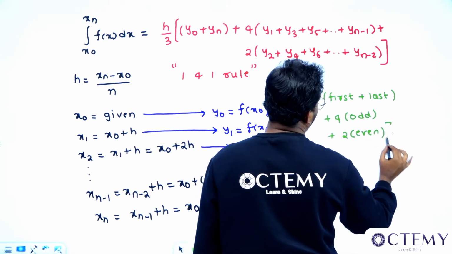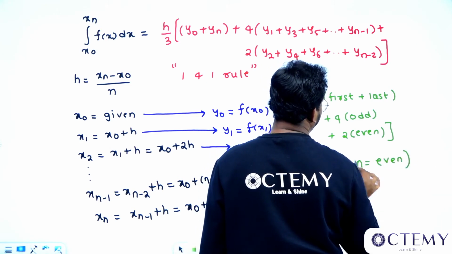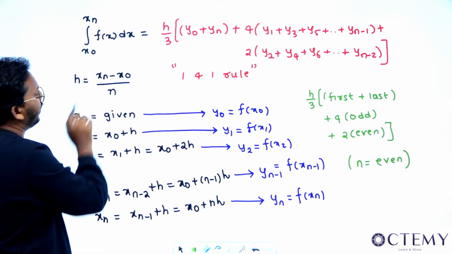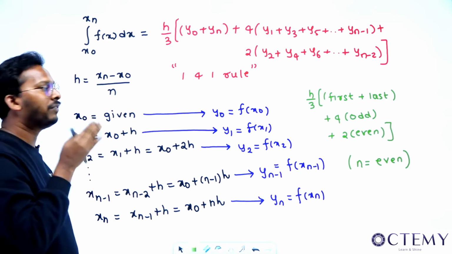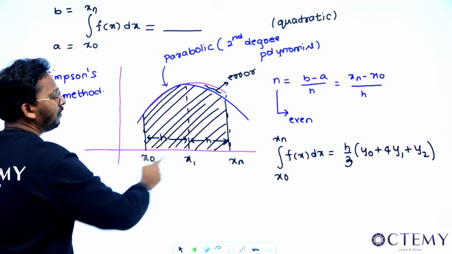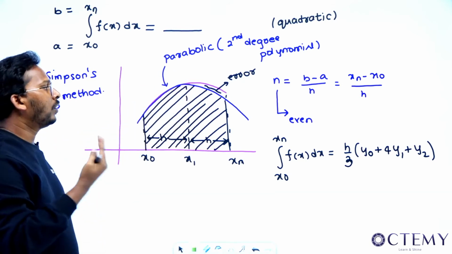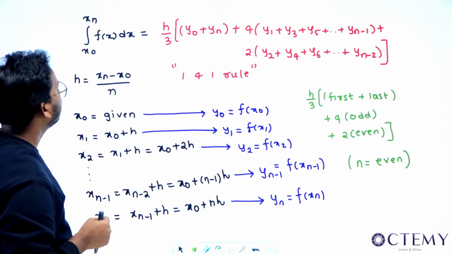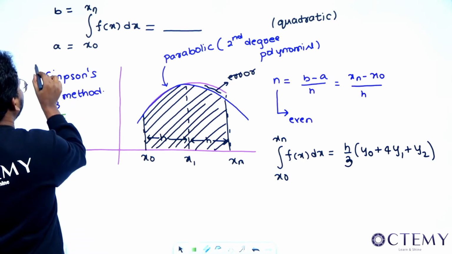And what will be the answer? The n you choose should always be an even number, right? Whatever number of parts you are dividing into, your h and n should be adjusted in such a way that n is always even, because every parabola spans 2 intervals, right? Even if you have only one interval, you have to divide it in such a way that a parabola or a quadratic equation is formed, right? Very good. Next, this is the formula of your Simpson's 1/3 rule.